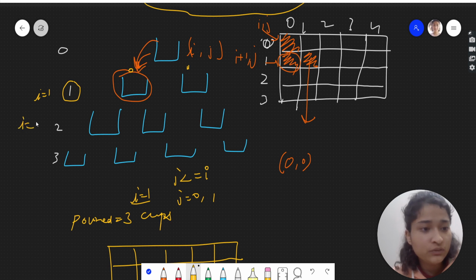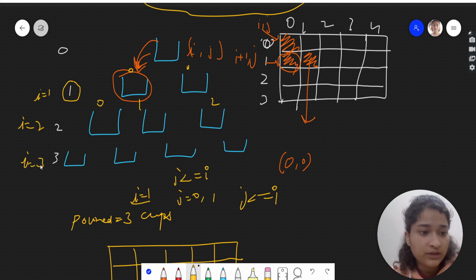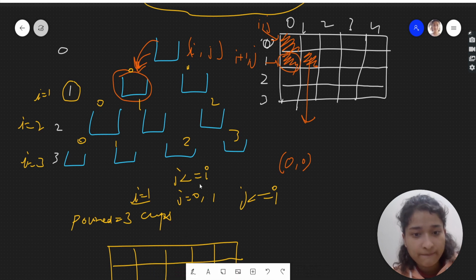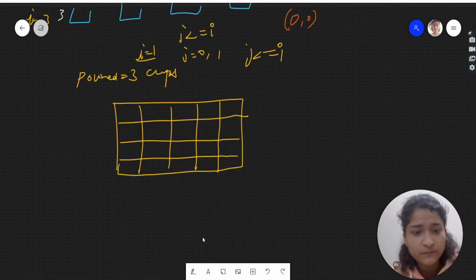Here I is 2. So j is 0, 1 comma 2. 0, 1 and 2. That is, j will be less than equal to I. Fine. This is one observation you can make from here. So if I is 3, 0, 1, 2, 3. Fine. So see, now what you will do,